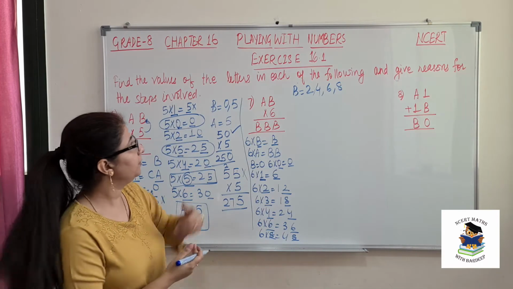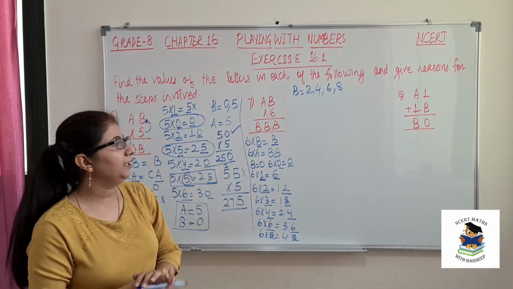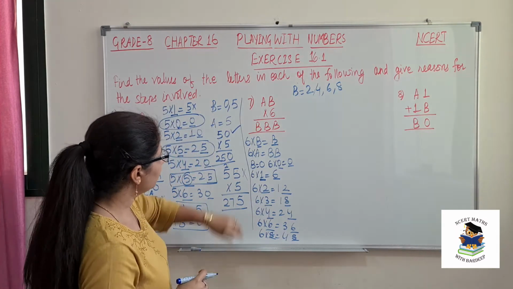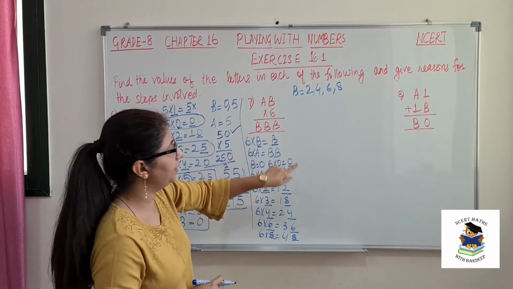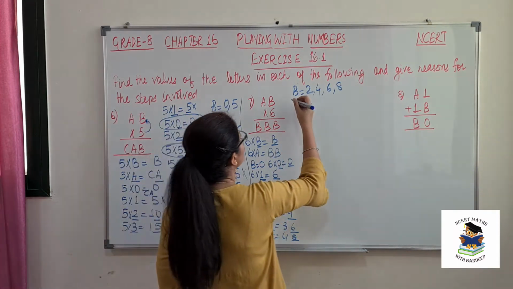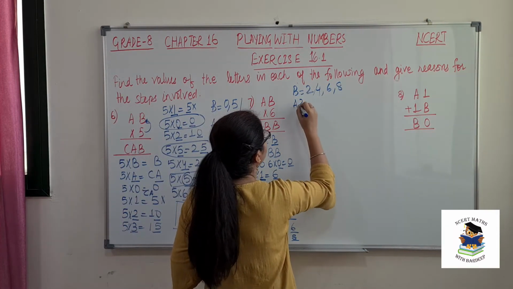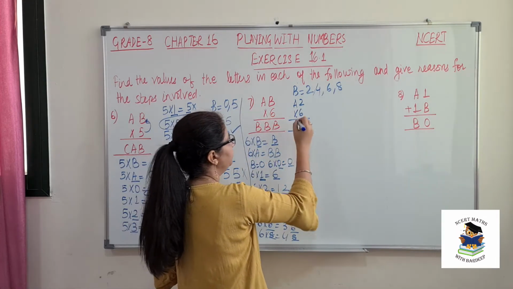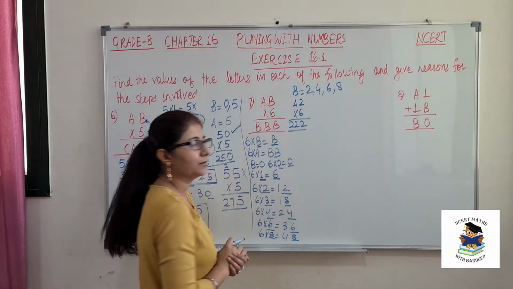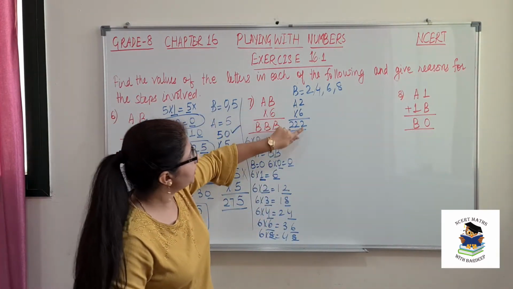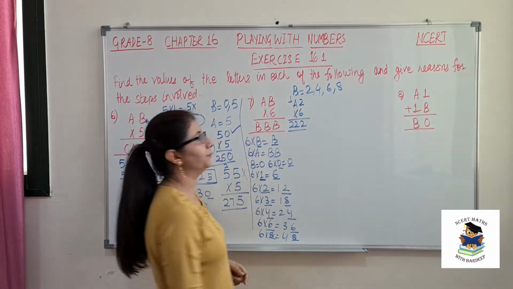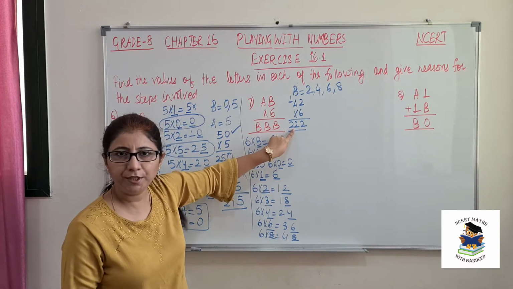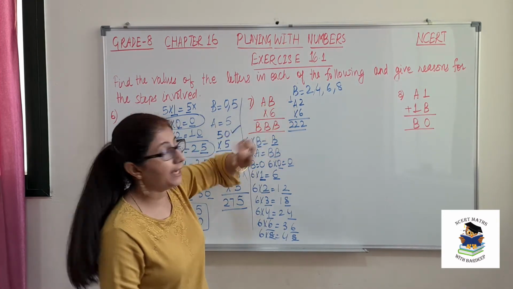So now coming back to these 4 possible values, let us see which value will be satisfied here. So 6 into A should give me BB. That means let's check first. Let B be 2. Multiplied by 6, the answer should be BBB, that means 222. Okay. So 6 into 2 is 12. That means 1 carry is there. Okay. So A into 6, I need 22, but with carry 1.